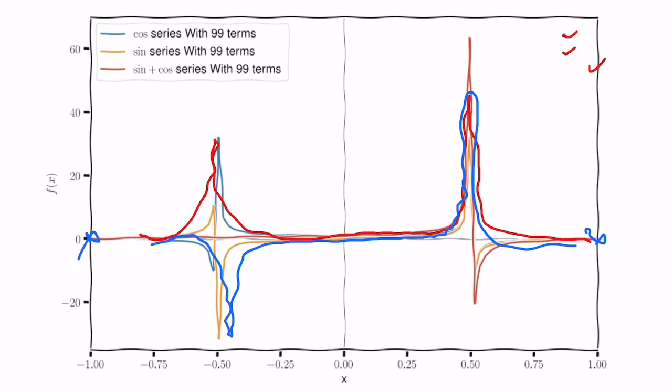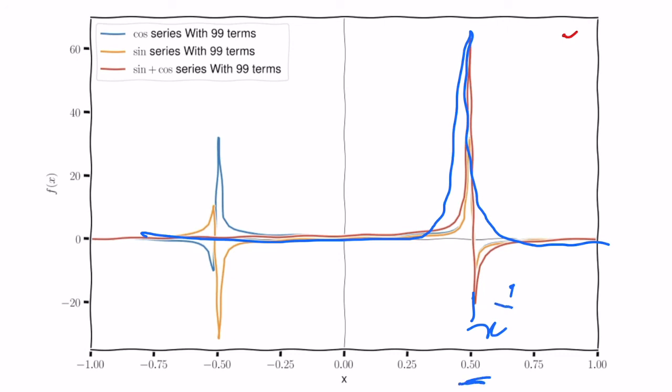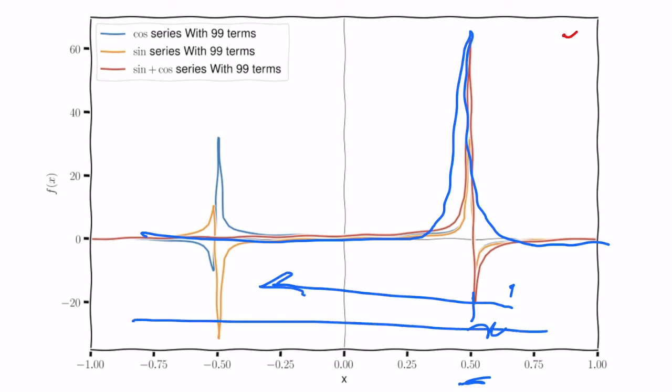And when we take a very large number of terms, we know that this would eventually merge, and you would have one point here like this for the cos, and one here for the sine, and that is what you get. And when you add them, you would get a clean delta function. That is what we have here. The sum of sine and cos would have a delta function at x equal to x prime. You see that I have taken x prime to be 0.5. You can take it at any point in the entire interval.